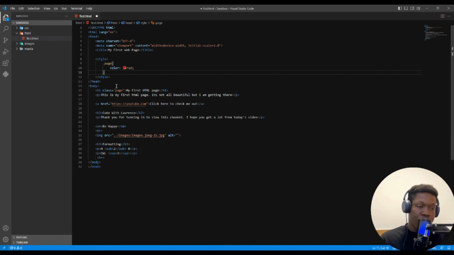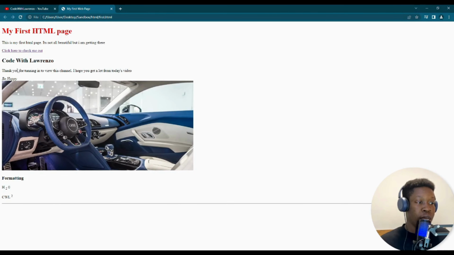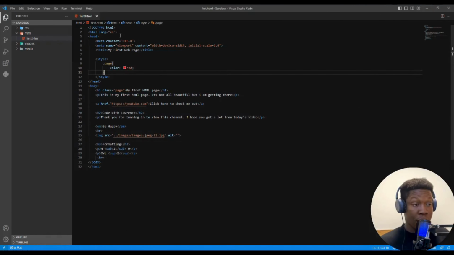When you're developing HTML pages, it's very important you keep in mind the validity of your HTML page. So in this case, I'm going to style this using my class name. If I save this, go back to my browser and refresh, here we go. This is it. It's still red because I've used the class name, which is page, and I've used a dot to give it a styling. If I change this to ID,